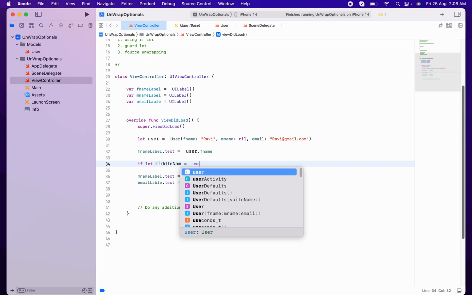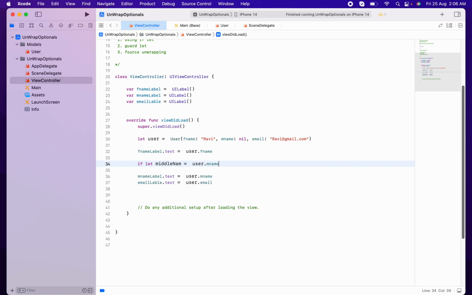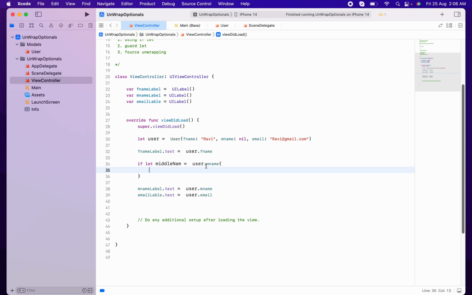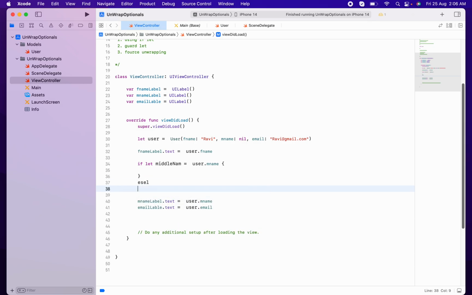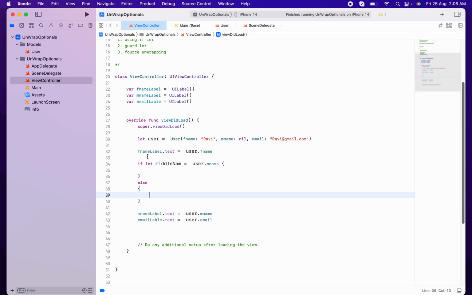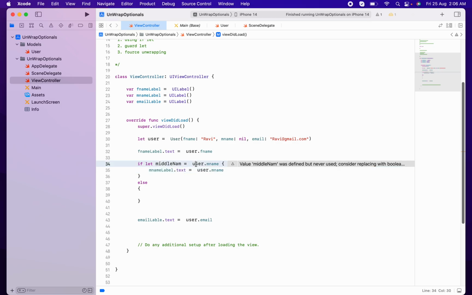If let middle name equals user dot middle name. Here you can write the else part also. When you use if let, here is what is happening exactly. I cut this and pasted it here. If user's middle name has a value, if a value is present, it will execute here. If the value is not present,